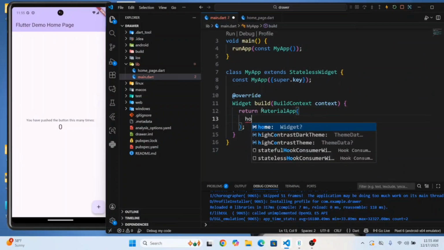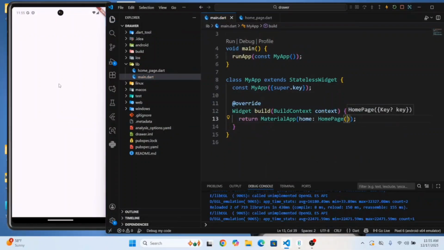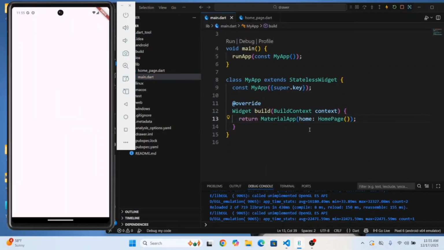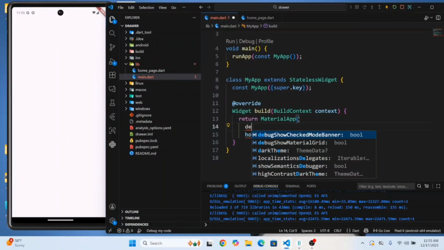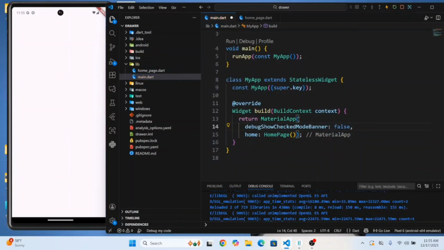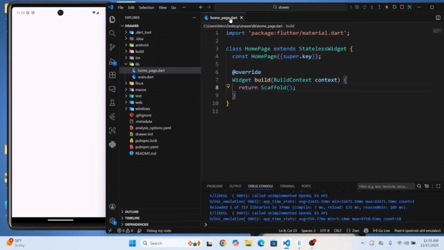Okay, now give the home to the MaterialApp, that HomePage we have just created, and you will get this blank white screen. Now let's remove this debug banner. Inside the MaterialApp, let's make debugShowCheckedModeBanner false, and it will remove this debug banner from here. Okay, now close the main.dart file and open up the